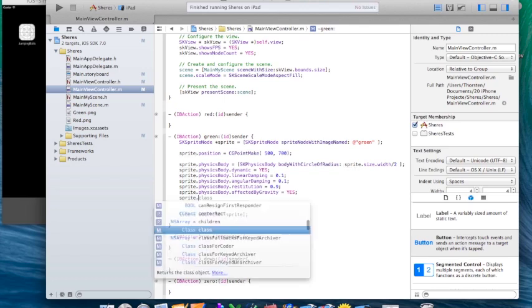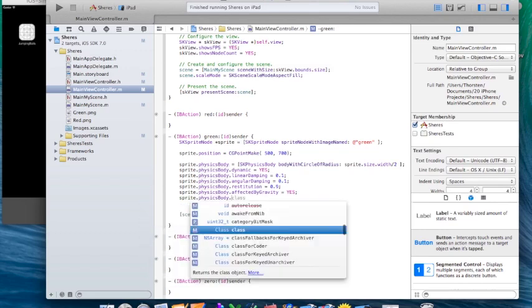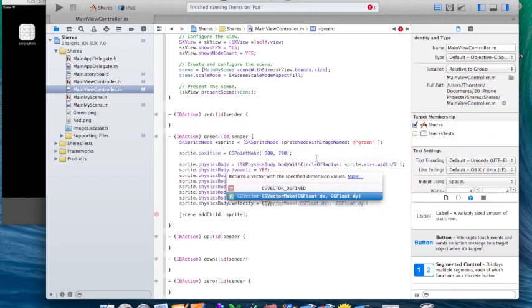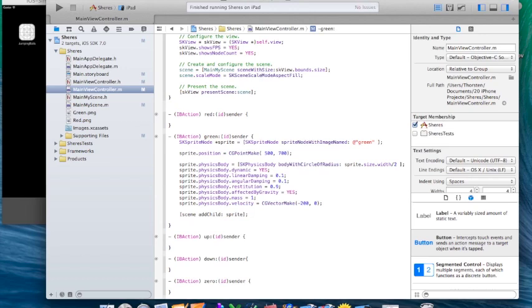Every physics body has a mass also, and I have to put in this one, and I just put a simple mass of 1 inside here. And what I want to have also is that the body will have a certain velocity while it emerges on the screen. Physics body velocity equals, and now this velocity is a vector, so it has an x and a y coordinate, and I put in minus 200 and no velocity at the beginning